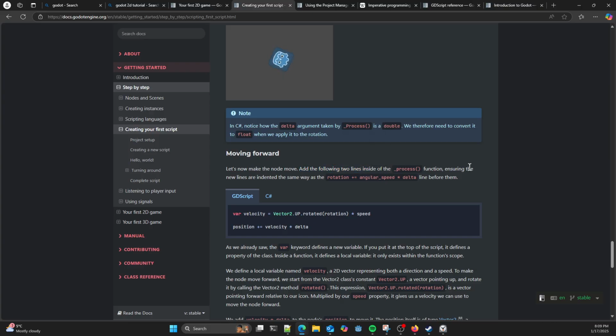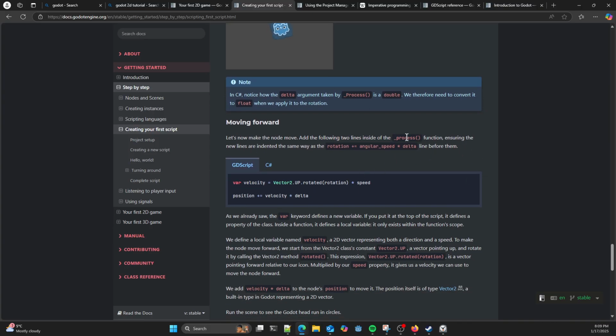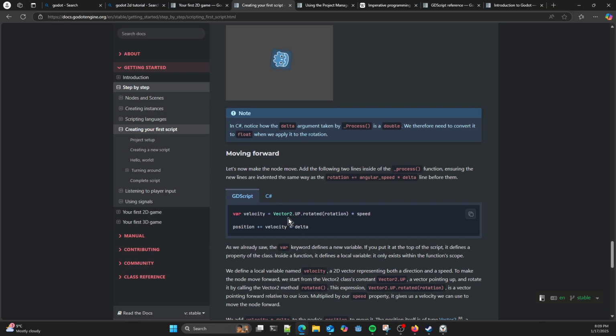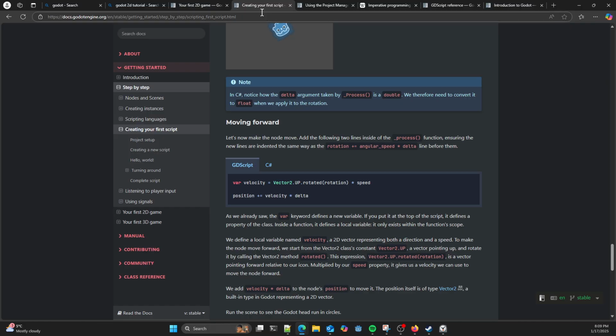So now what we're doing is adding to the process. It's a bit incomplete, because it's not showing it as part of the underscore process, but that's all part of the process function. What it's doing is creating a new variable called velocity, using a Vector2 type up, rotating it based on rotation, times the speed, and then its position is increased by the velocity times the delta.